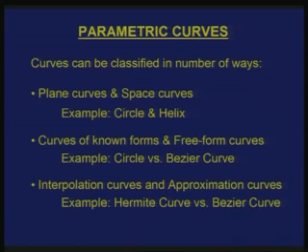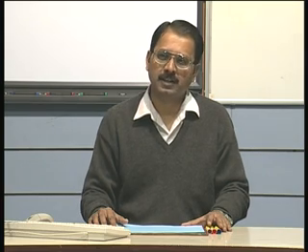Now, one thing when we differentiate between a plane curve and a space curve is that it is not necessary that the curve should lie completely in one of the standard planes. Suppose I am working in 3-dimensional Cartesian geometry, where you differentiate the xy plane, yz plane and zx plane. The curve need not lie necessarily in one of these planes, or in a plane parallel to these planes. Even if the curve lies in any plane which is arbitrarily oriented to these 3 standard planes, I still call it a plane curve. A space curve is the one which cannot be made to lie in a single plane.